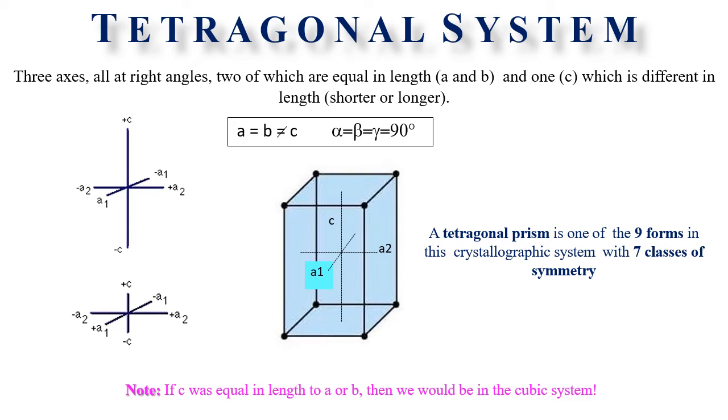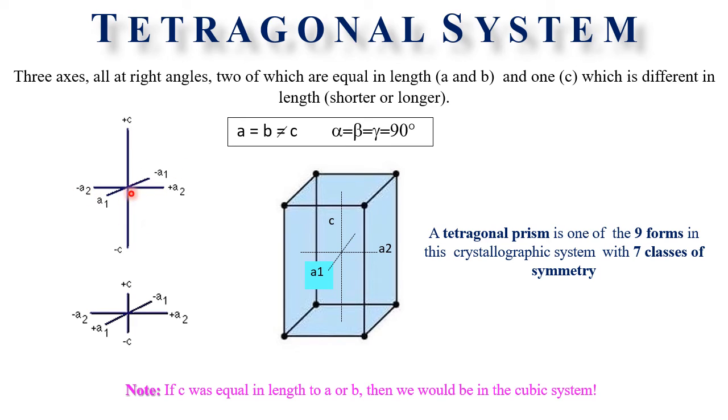So after the cubic class, we have the tetragonal system. All crystals are classed in the tetragonal system whose faces can be referred to 2 equal horizontal crystallographic axes and a third vertical axis, which is either shorter or longer than the other 2 axes. All 3 axes are at right angles to each other.